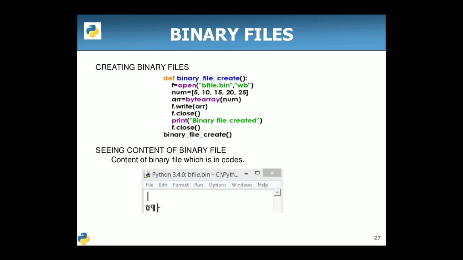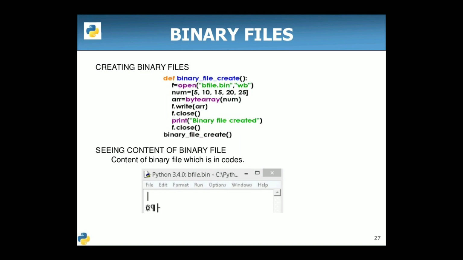So we have converted this list into a stream of bytes, and then we are writing this complete sequence of bytes in the file using f.write(arr), and then we have closed the file and printed that the binary file has been created.